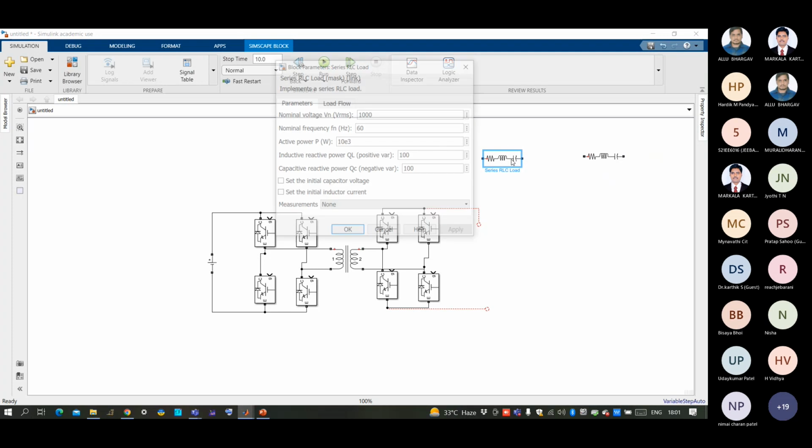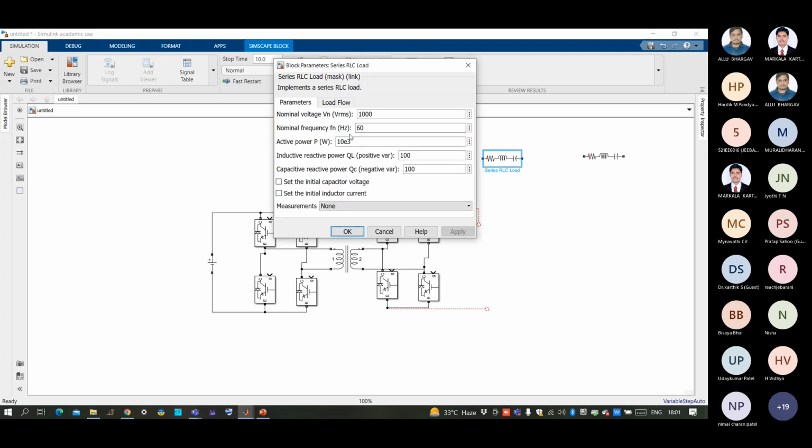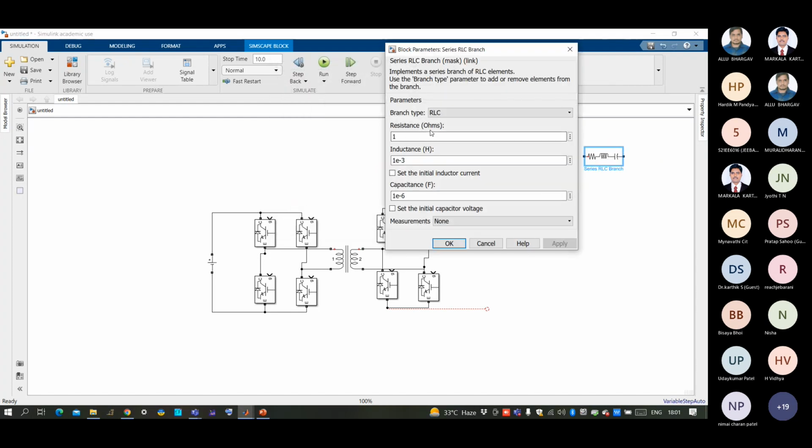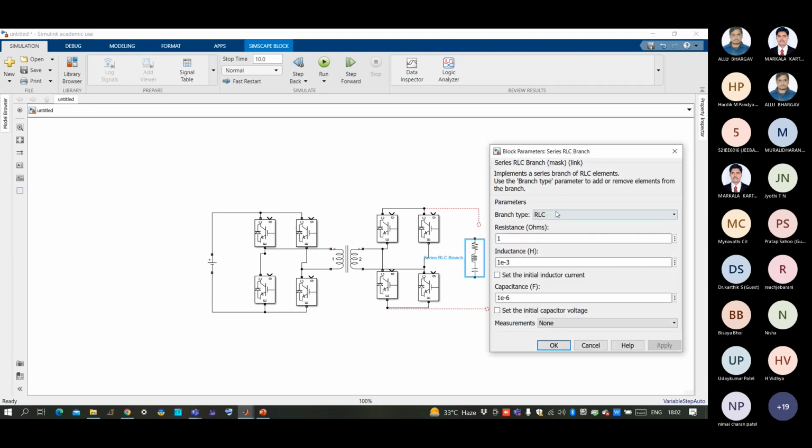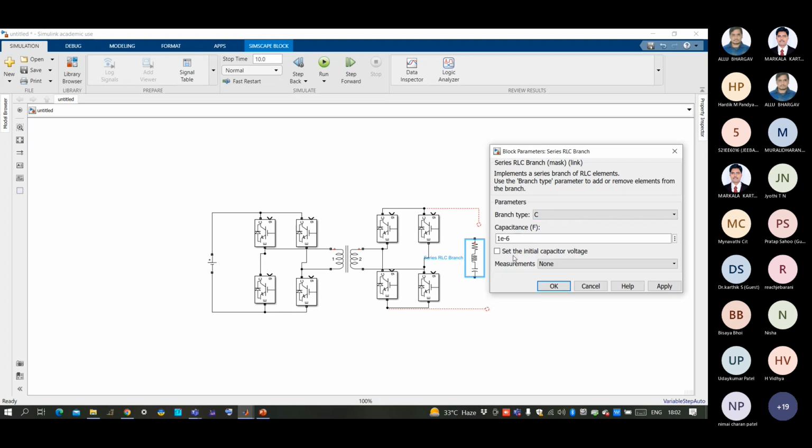In RLC load, we have nominal voltage, frequency, active power and reactive power. In the case of RLC branch, we can define our RLC components. So currently I am considering only RLC branch to give input capacitance. I'm taking a capacitance of